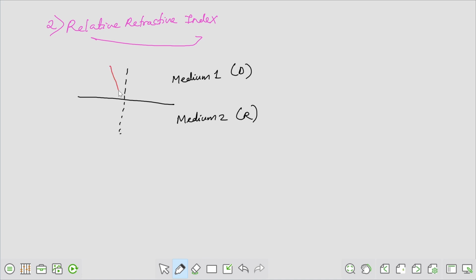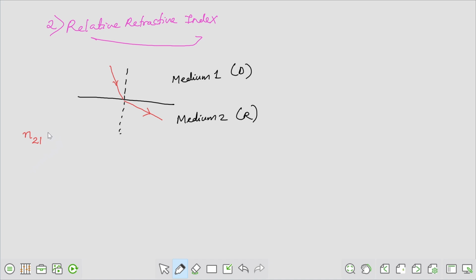Okay, it is entering from a denser medium, then going to a rarer medium, it will bend away from the normal. So we all know that. Now in which medium does bending happen? Bending occurs in the second medium, right? Yes. So I can write, since bending occurs in the second medium, I write relative refractive index as